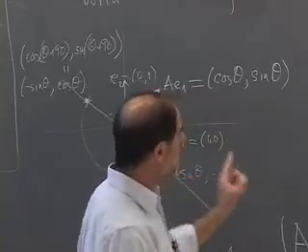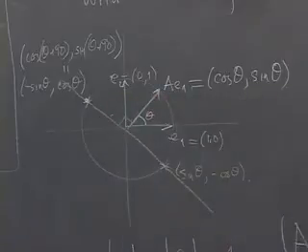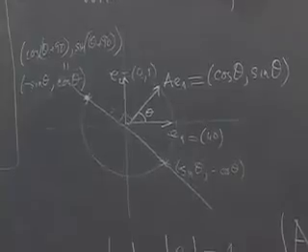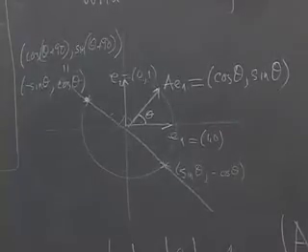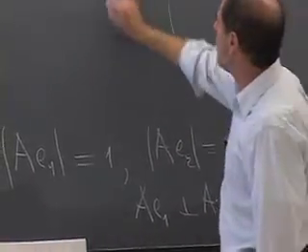Because I have one more condition on A. Besides that it takes E1 and E2 to vectors of length 1, which are orthogonal, I know that the determinant of A has to be equal to 1, because I assumed it was an SO2, not an O2. Okay, since the determinant of A is equal to 1, I can try to write down the matrix of A